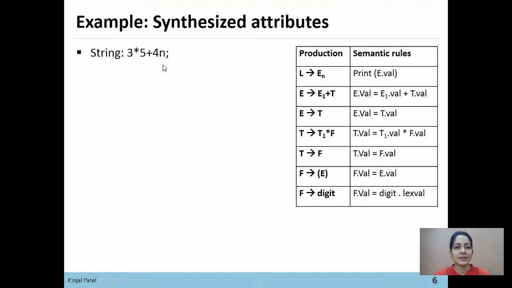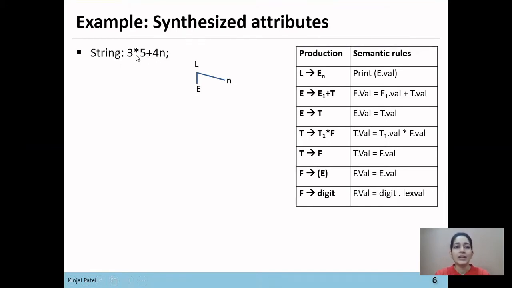So to construct the parse tree for the string 3 star 5 plus 4 n, we'll start from the starting symbol, which is L. L derives E n, where n represents the new line. Now we want to parse the string 3 star 5 plus 4.